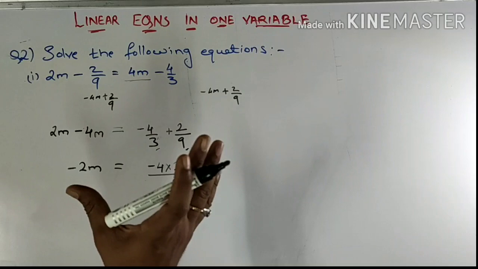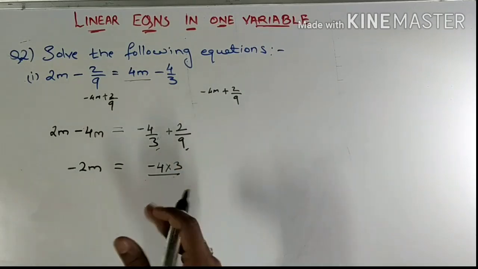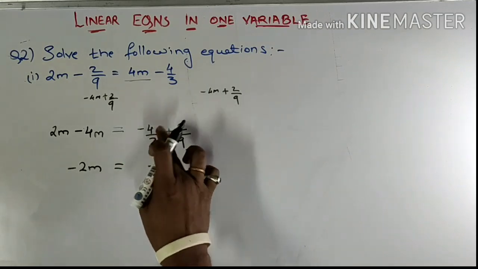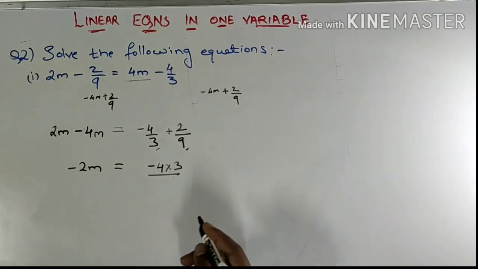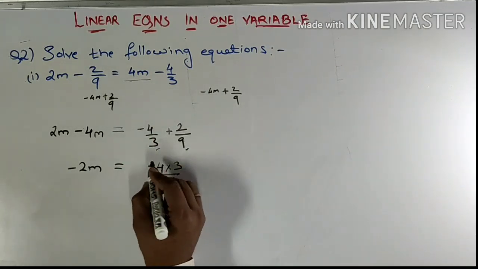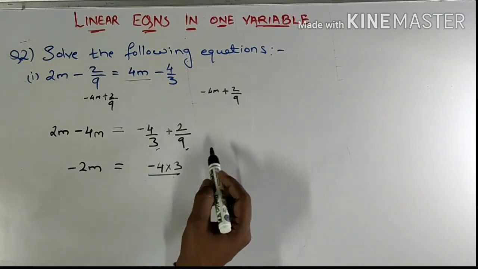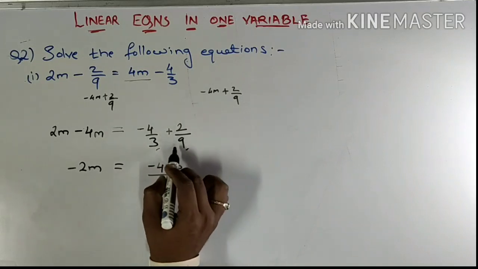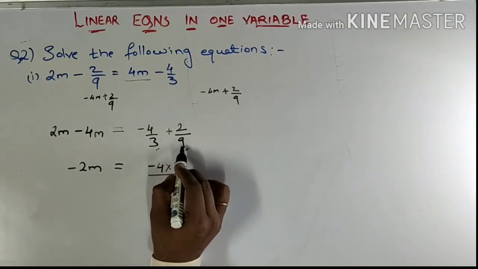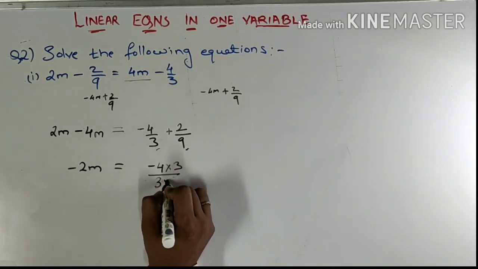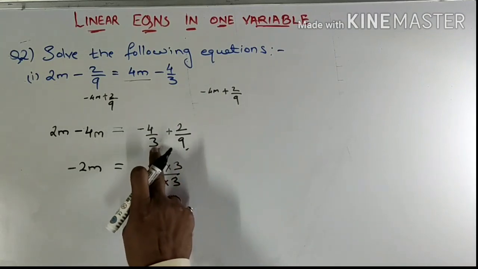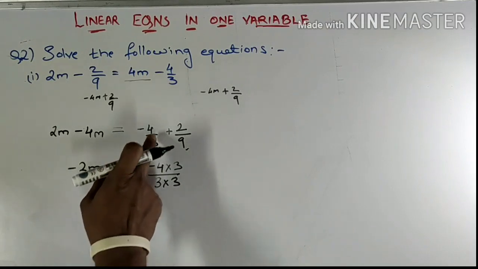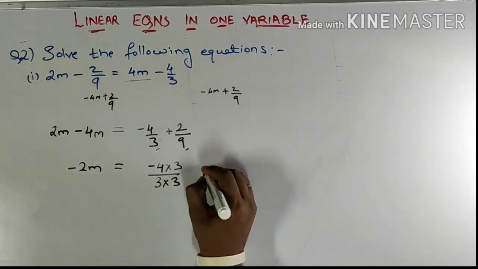I am explaining it every step in detail at the moment. Later on when we solve numerical or word problems, I won't be able to show you in so much detail. So please try and understand over here itself. So making the denominator same, because I have to operate with these two fractions. So taking the LCM, that is 9, and I want to make this denominator as 9. So I'll have to multiply 3 with 3 to get 9. So if I multiply denominator by 3, I'll have to multiply numerator also by 3.